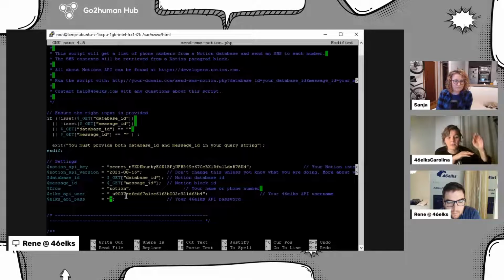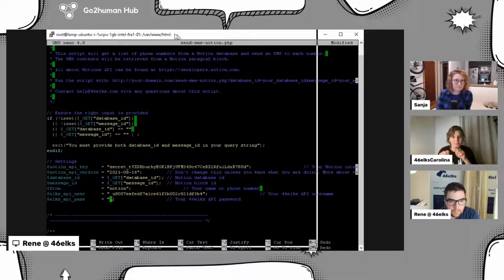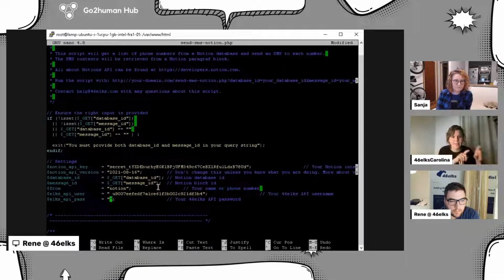Then you scroll down a bit, and there you can see API credentials, named password and username. That's a bit confusing sometimes. As you can see, API credentials always have a lot of numbers and a lot of letters, and that's how an API